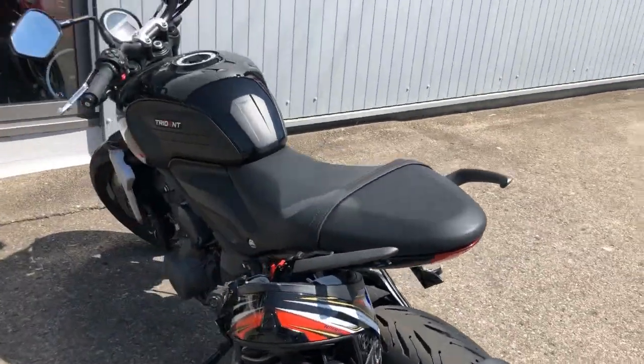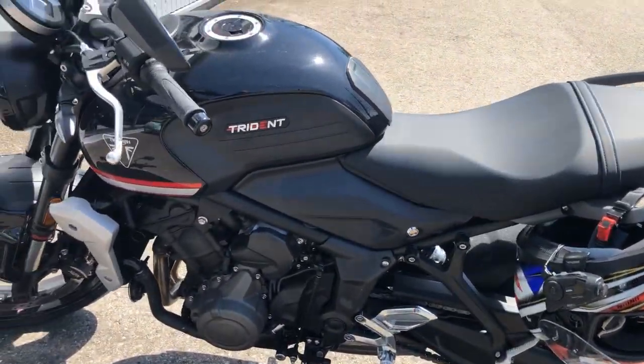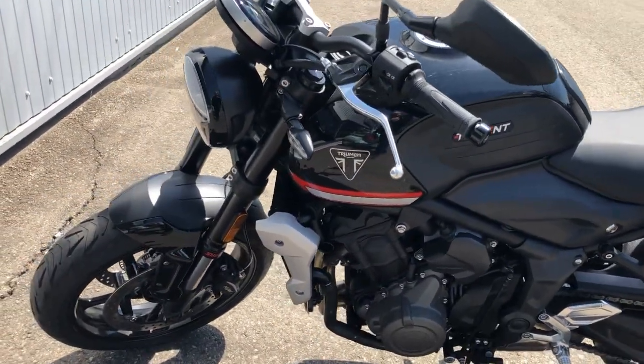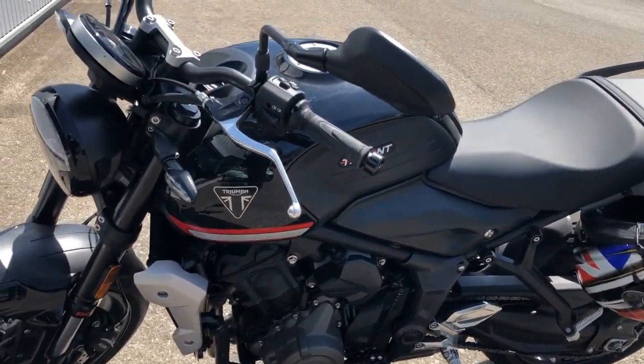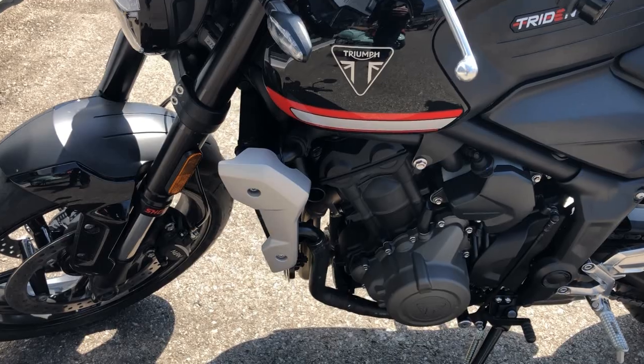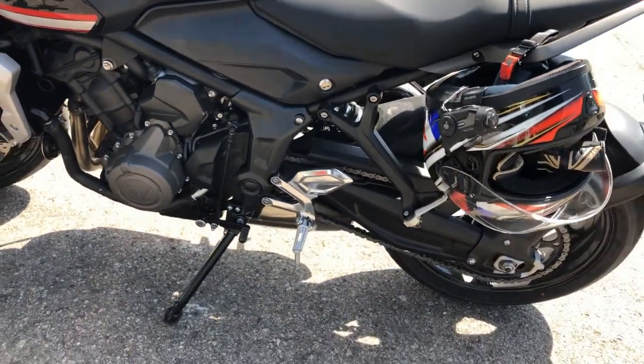Considering Triumph wanted €200 for a set. And according to the blurb, they are completely metal, no plastic on it, so we'll find out when they arrive. I ordered them a week ago. I would have thought they would have been here by now, but